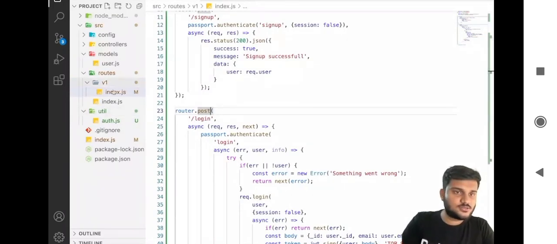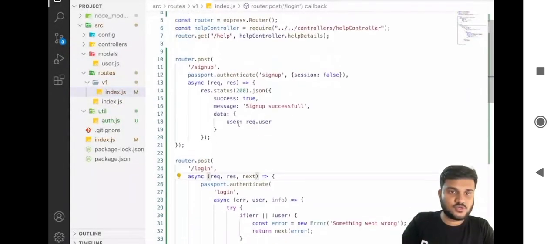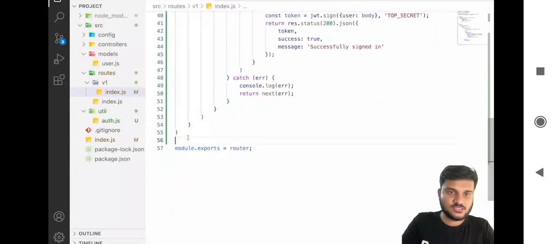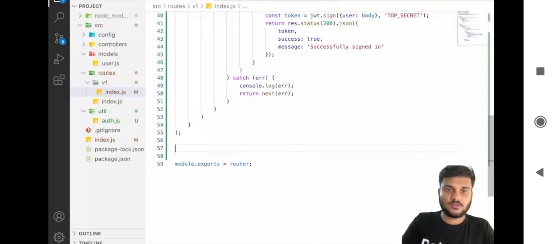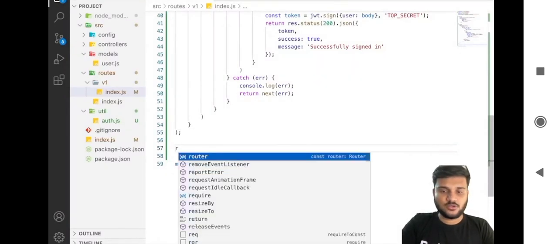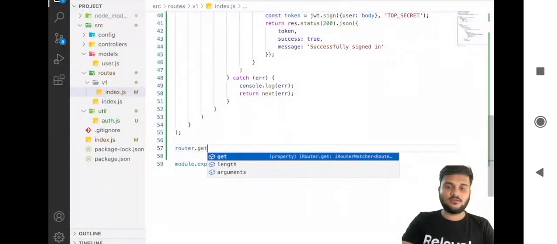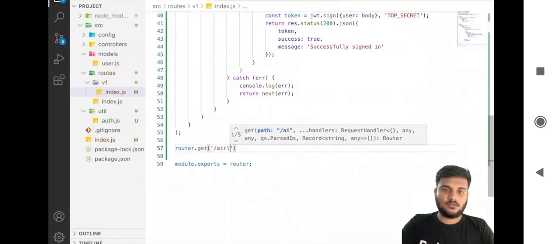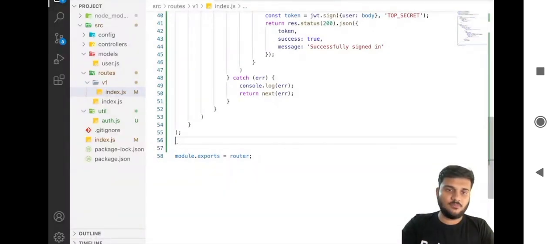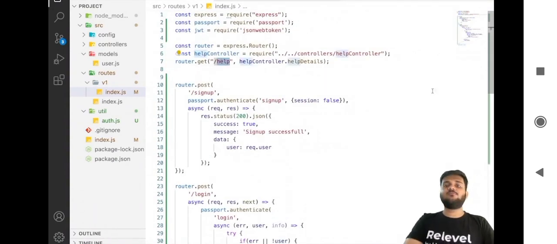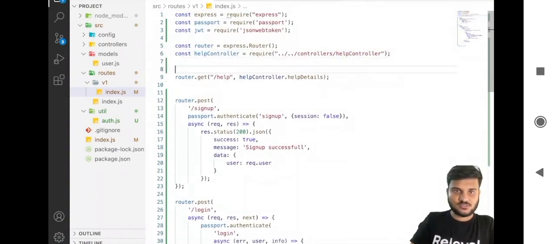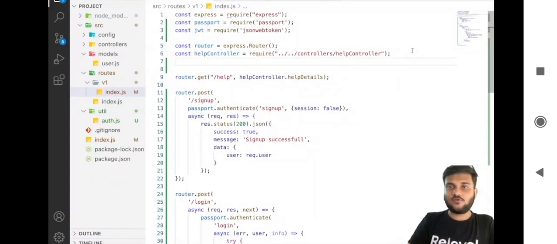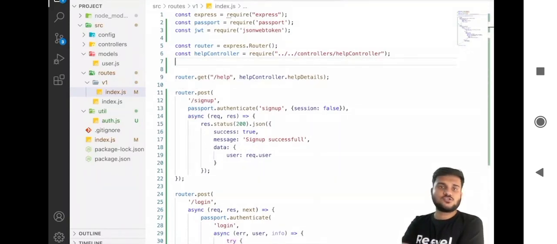We can go to routes index.js, right? Let's add a new route. So let's say router dot get slash, or let's do one thing. We already have our help routers set up, right? We already have this help route set up. Let's use this. So what we can do is,